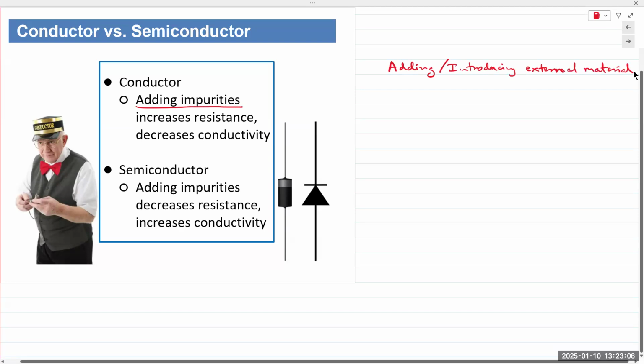So you have intrinsic semiconductors that have some intrinsic concentration, and we introduce external impurities into that material. And the word that we use for this material, as well as for the process,